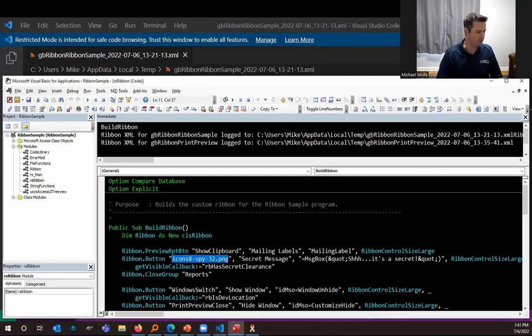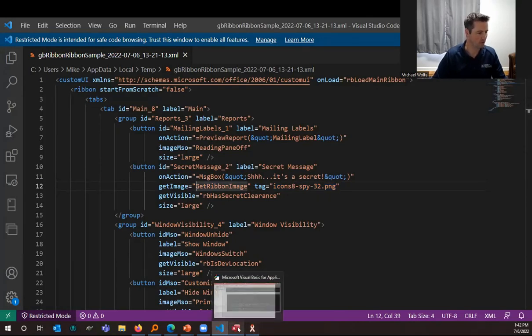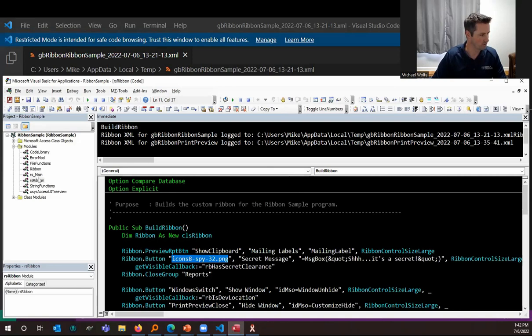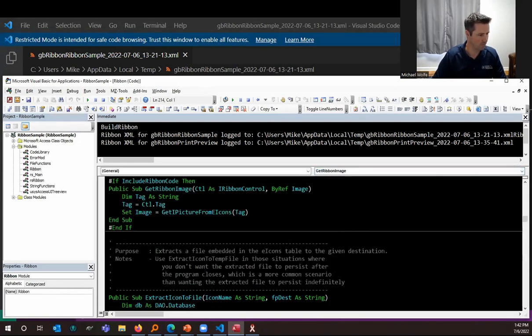This button code is looking, and when it builds the attributes for the element, it sees that there's a .png file extension, and it knows that that's a custom icon that's been embedded in a local table. And so it puts that in the tag. And then there's a callback function, get image. So this get ribbon image callback function is what gets called inside the code. So if we come over here, you can see an example of that